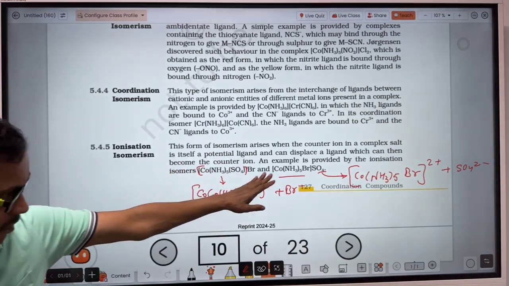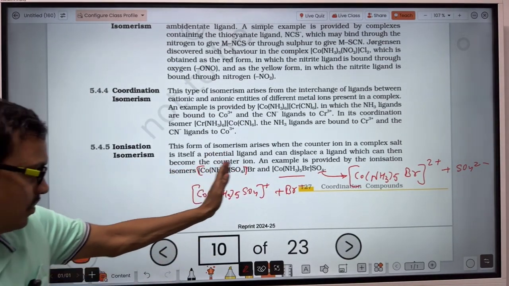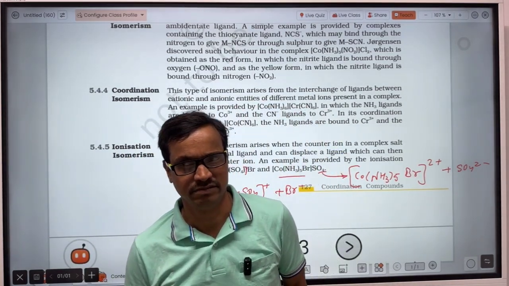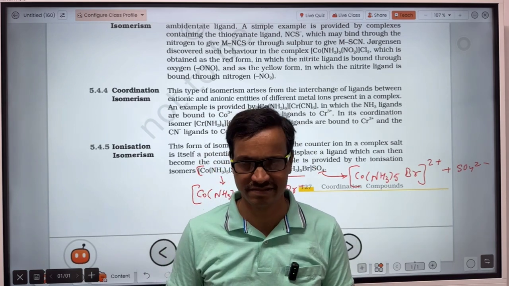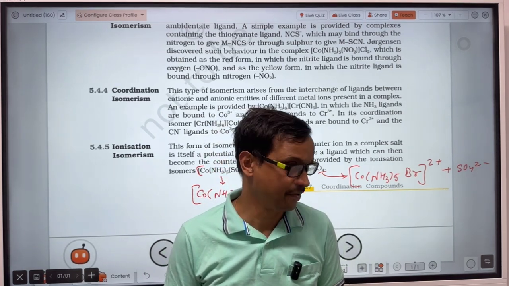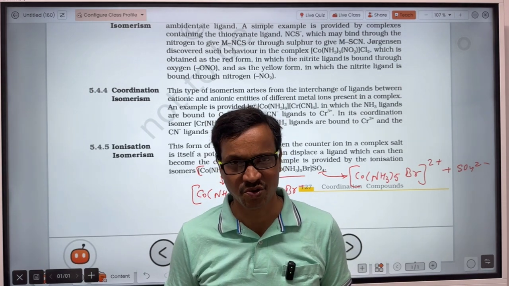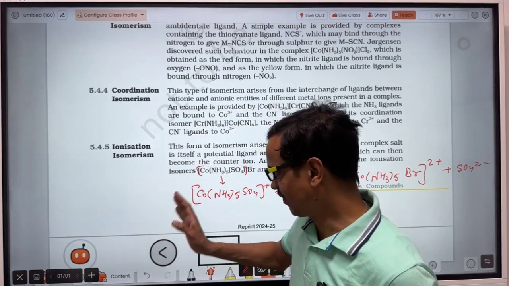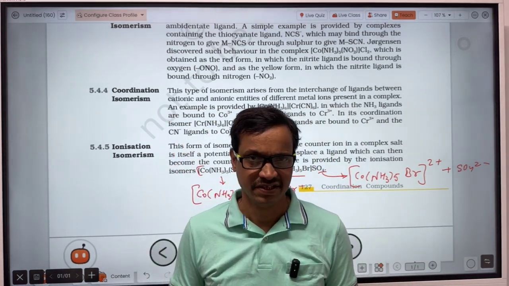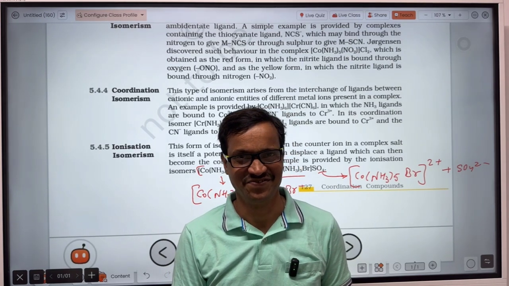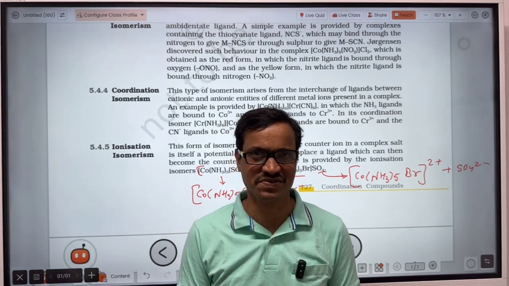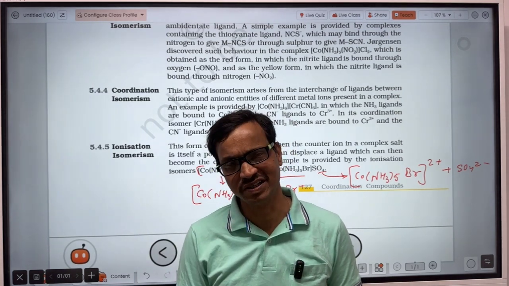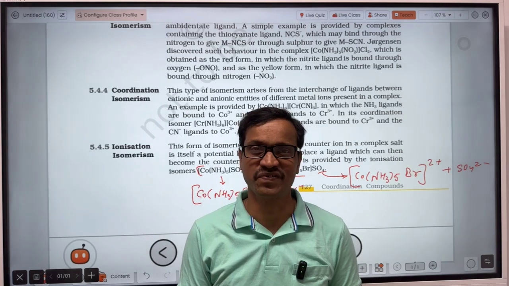And this compound will give the test for the bromide ion, but not for the sulfate ion. So both compounds are called ionization isomers. Keep in mind, there is a bigger difference, and some students get confused between ionization isomerism and solvate isomerism. In ionization isomerism, on dissolution in water, the compound gives different types of ions, while in case of solvate isomerism,